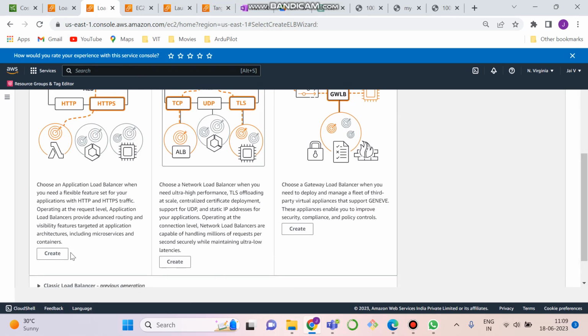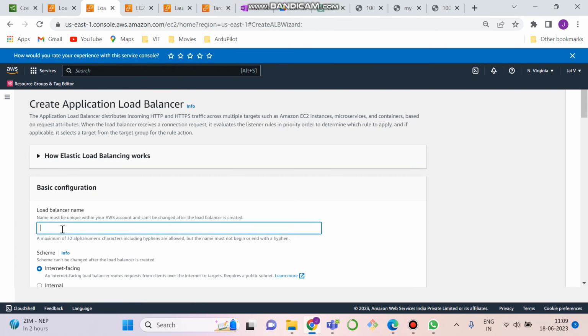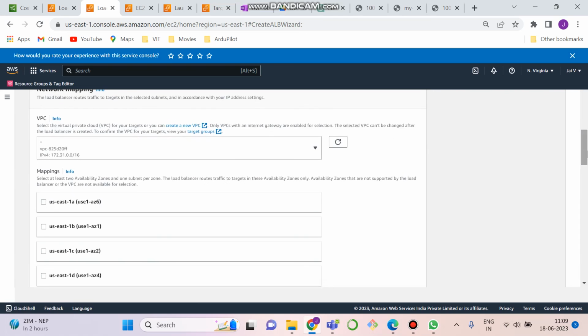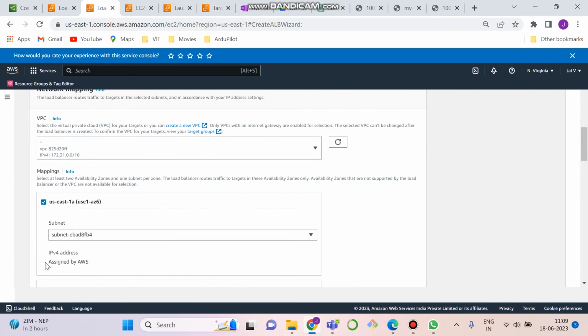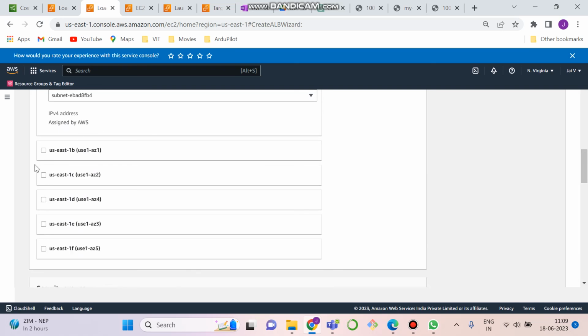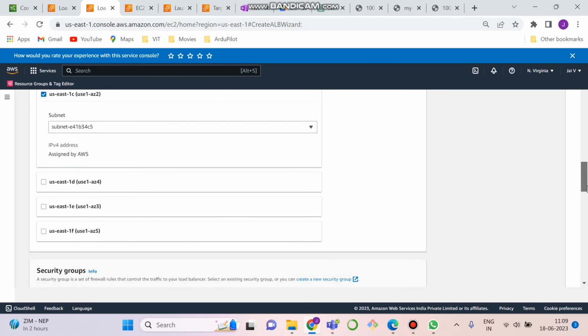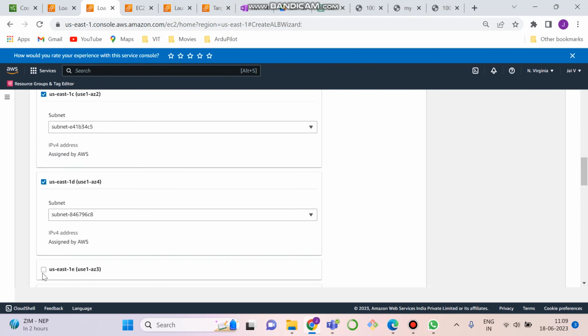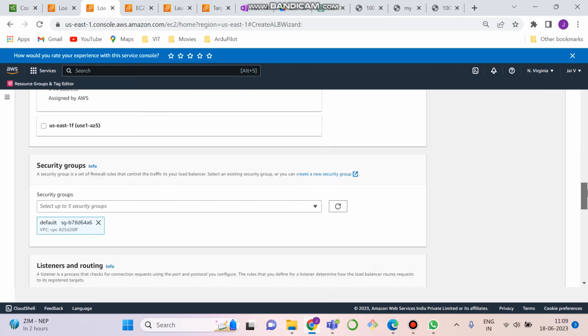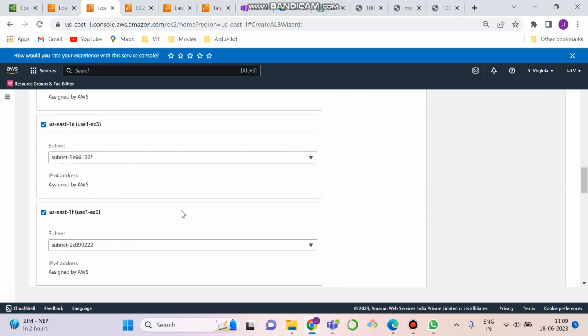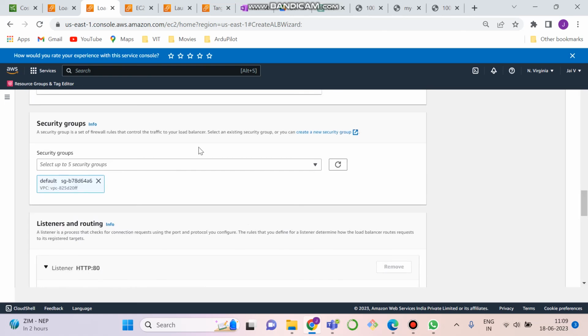Application load balancer. Just giving like this, internet facing, adding everything like this. See, yeah. Selecting 6